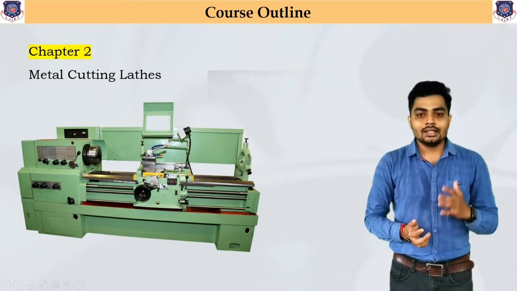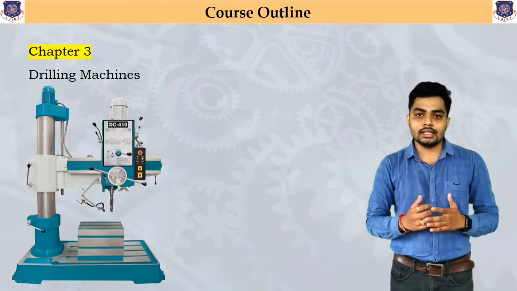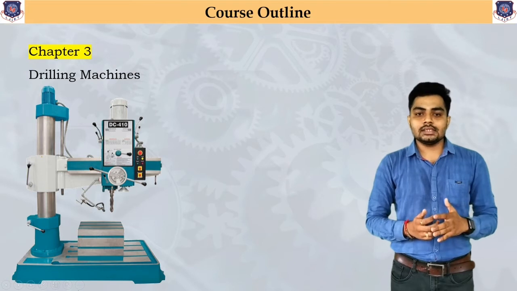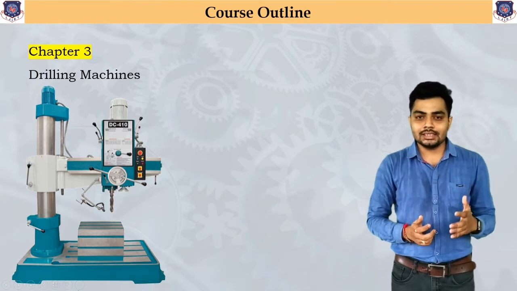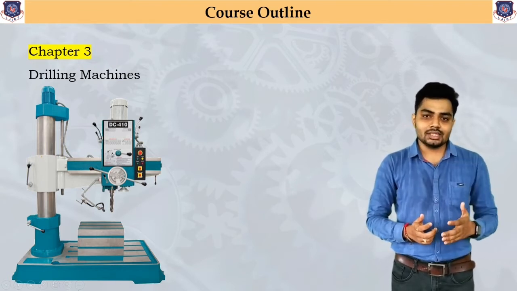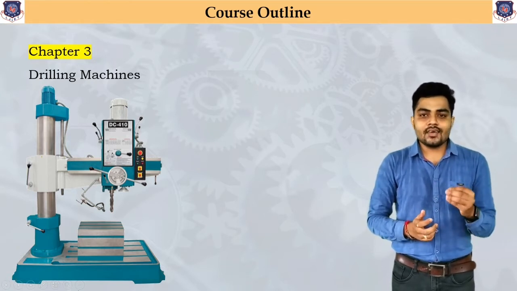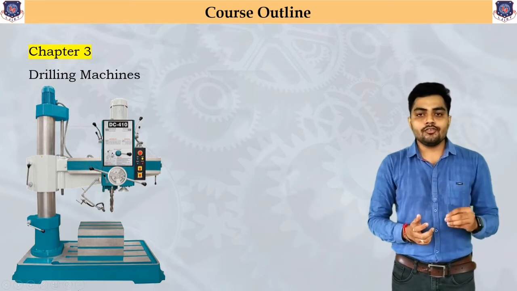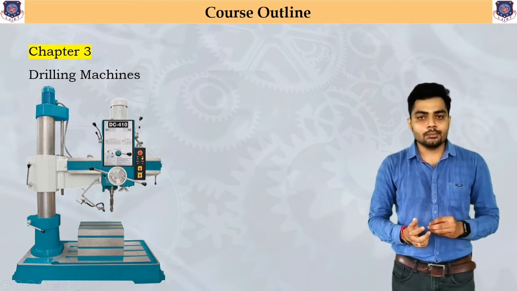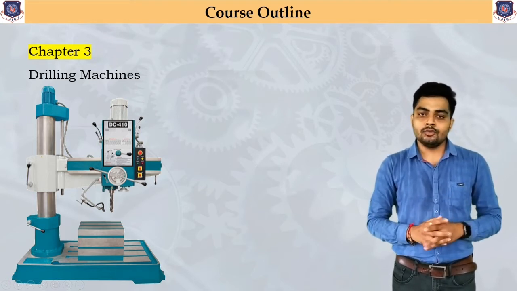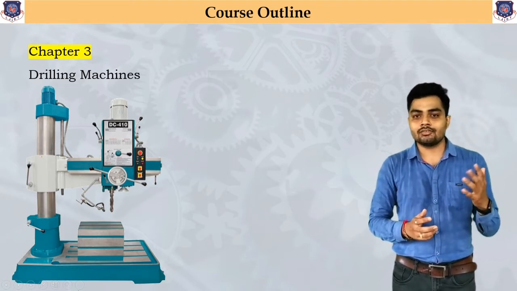Now our next chapter is the drilling machine. Similarly, I have shown a figure here in which you can see that the drilling machine has different parts. We will study the different parts available in this drilling machine, the main objective of this machine, and the use of its different parts. Majorly, the drilling machine is useful to perform drilling operations on a component. That means if we want to cut a hole in a particular component, this drilling machine is helpful. Other than this, many other operations can be performed on this drilling machine, which we will discuss in our further topics.